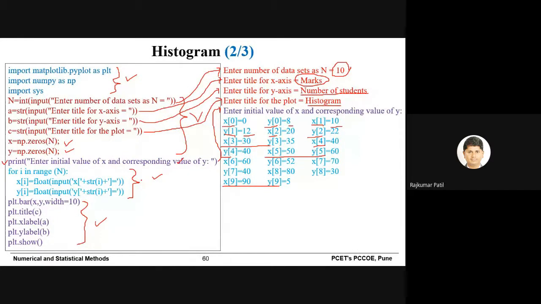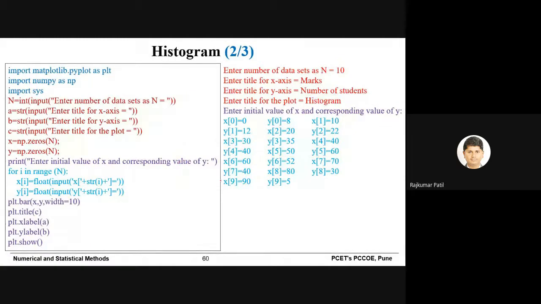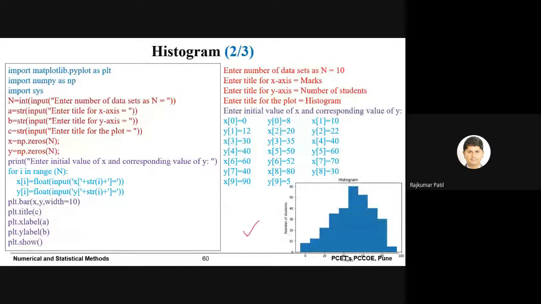So this particular for loop will step by step ask you. First of all, it will ask you to enter x0, then corresponding y0, then x1 corresponding y1, x2 corresponding y2, and in front of that there will be a box. In that you need to enter the value. So you already have a table, and by referring to that table you will enter these values. Once you enter all these values, a histogram that you can see in the figure at the bottom right will